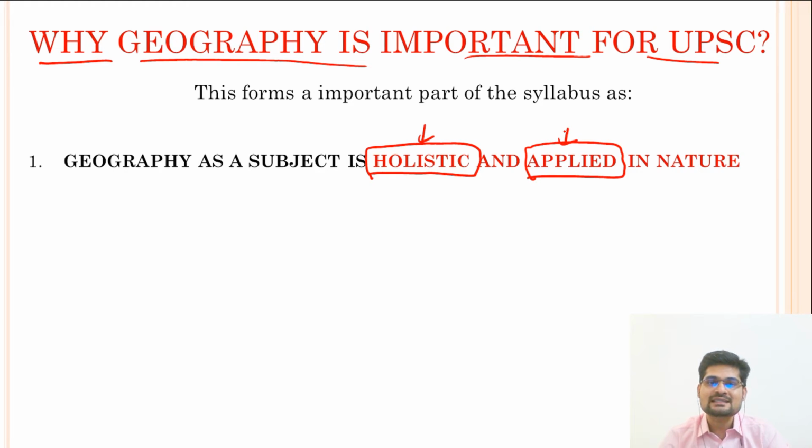What does applied in nature mean? It basically means that we experience geography every day, right from the morning till evening, right from the sunrise till sunset, in events, in phenomena, in news, in our practice, in our travels. Everything, geography is one of the key components. That's where it is applied, and everybody is a practitioner. Everybody understands geography, at least not in terms of the subject, but in terms of practice for sure.